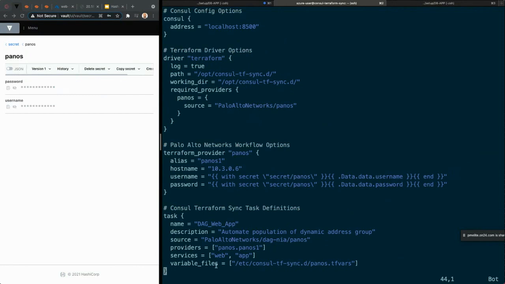As long as you write your modules to accept that variable, you can use those Terraform modules with these tasks. So this is where Nathan mentioned standardization, right? You can really define additional parameters for this particular application, I want these kinds of rules, I want these kinds of security profiles to be applied. And based on that task, you can standardize. So it's truly powerful. You can really automate everything from this single place.